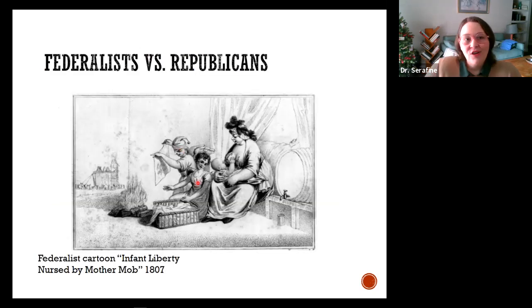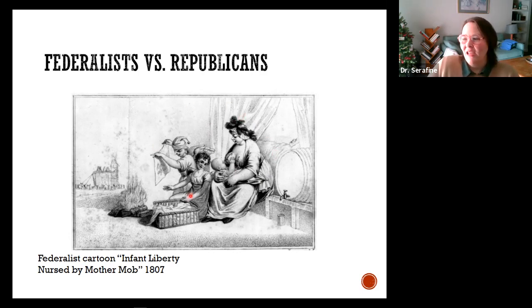At their heart, Federalists don't trust what they see as the mob. This cartoon depicts Mother Mob here on her breasts. You probably can't read. It says whiskey and rum, nursing infant liberty. Federalists say, no way. This is all the people that we relied on during the Revolution to work on committees of safety, to make sure their neighbors were patriotic, to fight in the war. We don't really trust them. We don't really trust the government in their hands.